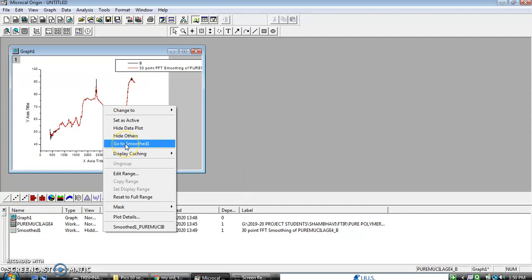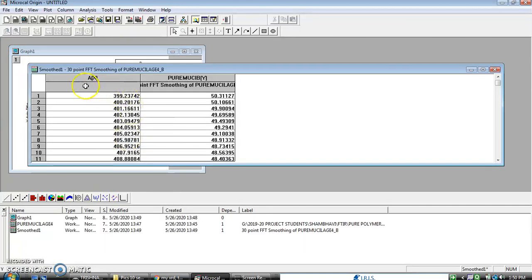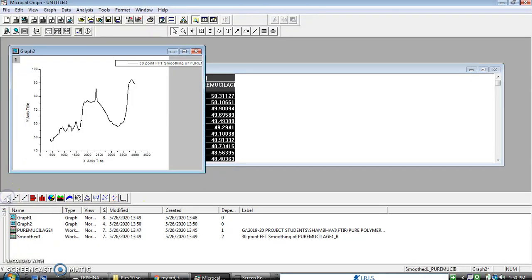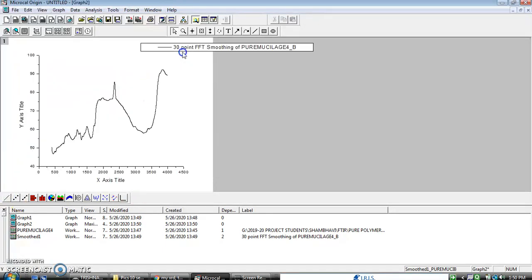You see, I have clicked it here and then only I got these readings, that is go to smoothed one. Now as I click onto this go to smoothed one, immediately another set of readings appears on my screen. I have to select again these two readings and click the line part again to get a better picture. Now let me check. Okay, now this is the FTIR of the data which I selected with much better optimization. Here you can get the better graph.